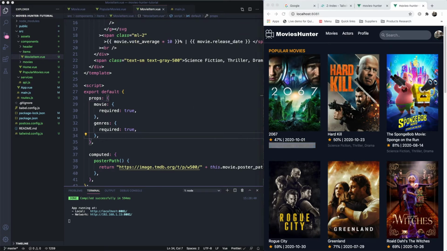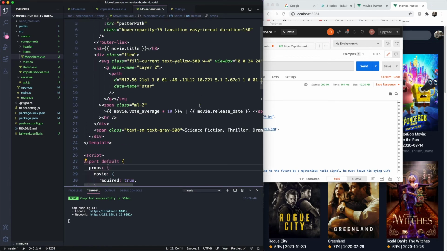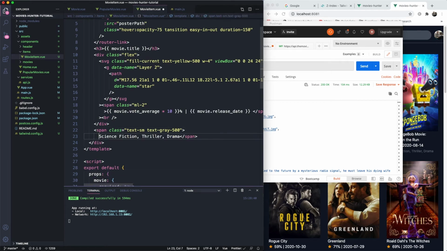So if I go to the REST API again, let's loop through this, which is already in the movie object. So we have this span here, and we have to loop through this. This is very easy to do. So let's make a span, and let's define it here, and let's loop using